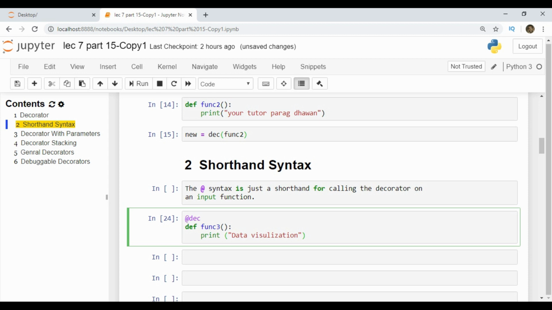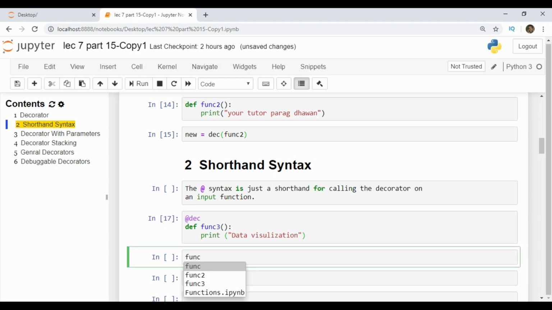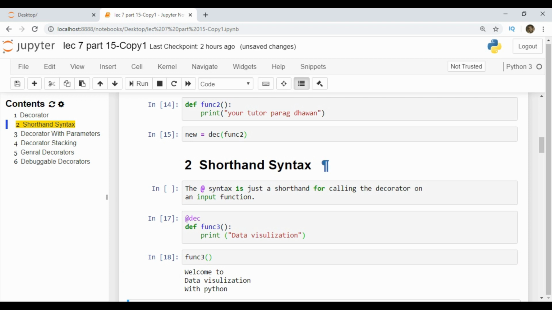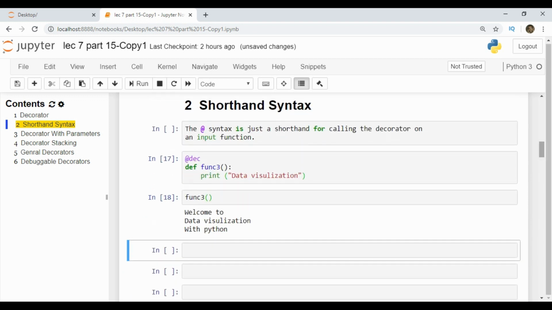Click on the cell, run the cell. Now the decorator has been applied and it returns a wrapped function of func3 with the same name, func3. If you call func3 now and execute, what you will see at the output is welcome to data visualization with Python.